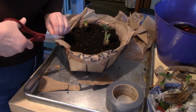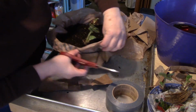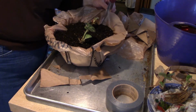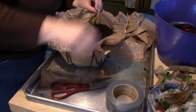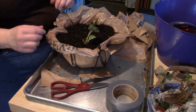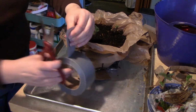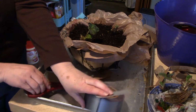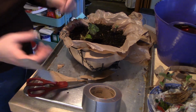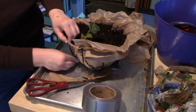So again, make sure you slice down just enough so that you can come around your hanging pieces so that you can get your plastic around that. Make your little cut. Don't cut too far down. You just want to cut far enough to make sure these hooks come up. Now, what I use, because again, I use whatever I have on hand, I'm using a little bit of duct tape to tape these sides down. You can use whatever type of tape that can handle real sticky. If I had the clear boxing tape, I would use that because of course it's clear and you're not going to see it like this duct tape, but I don't have any and I'm using what is